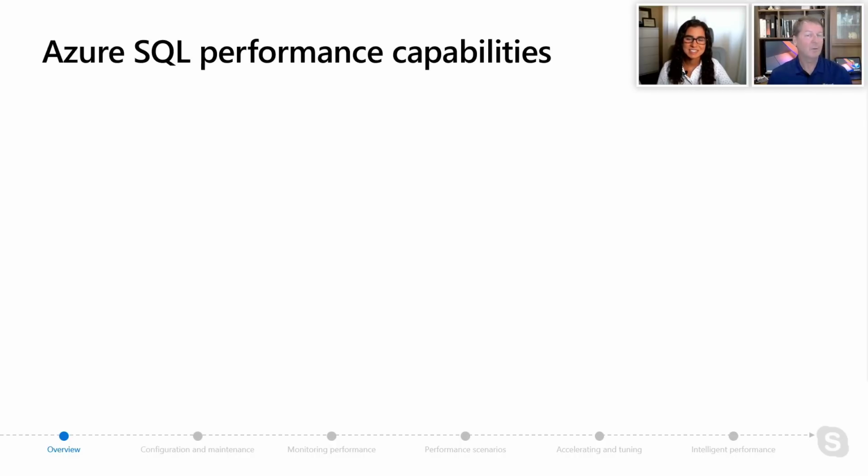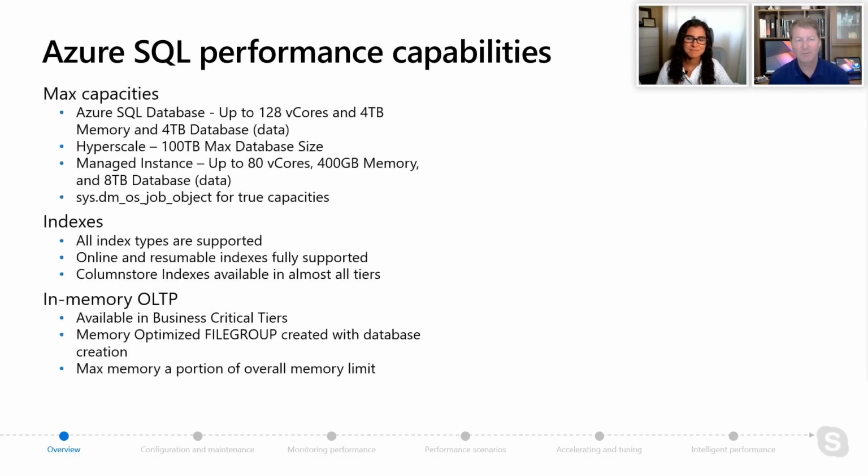Hey, first of all, you got to know what kind of capacity you have. We've talked about different deployment options. So usually when people ask me, what are the maximum capacities I have? For example, for Azure SQL Database itself, putting hyperscale aside for a second, these are the maximum capacities you get for cores, memory, and for database sizing. So if you're thinking about, do I want to go to Azure SQL Database? Know that number one, you've got some pretty good options here, and then you have some limitations that may or may not affect your choice in application. But for hyperscale, and we mentioned this before, you get a 100 terabyte max database size in your environment, plus great number of cores and memory options as well.